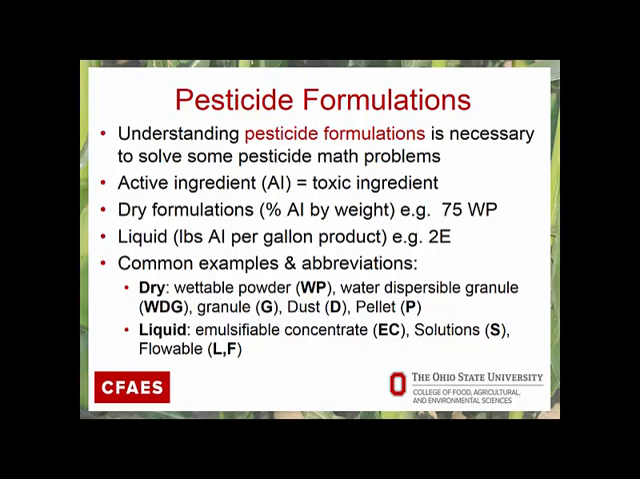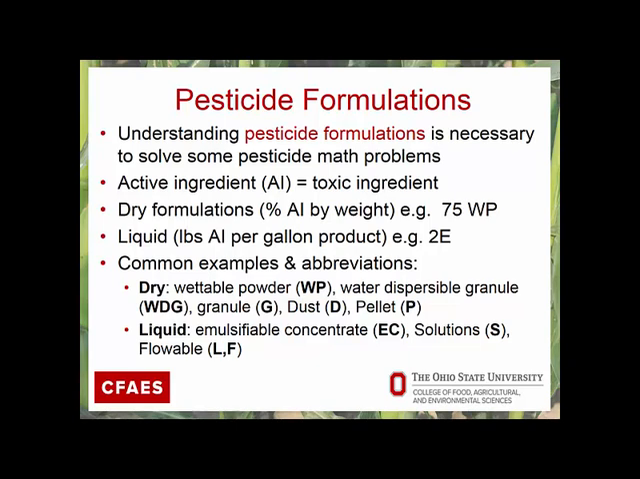Some liquid formulations, the name will give you the pounds of active ingredient per gallon of that product. For example, a 2E or 2 emulsifiable concentrate. What the 2 means is 2 pounds active ingredient per gallon of that product. We've already covered